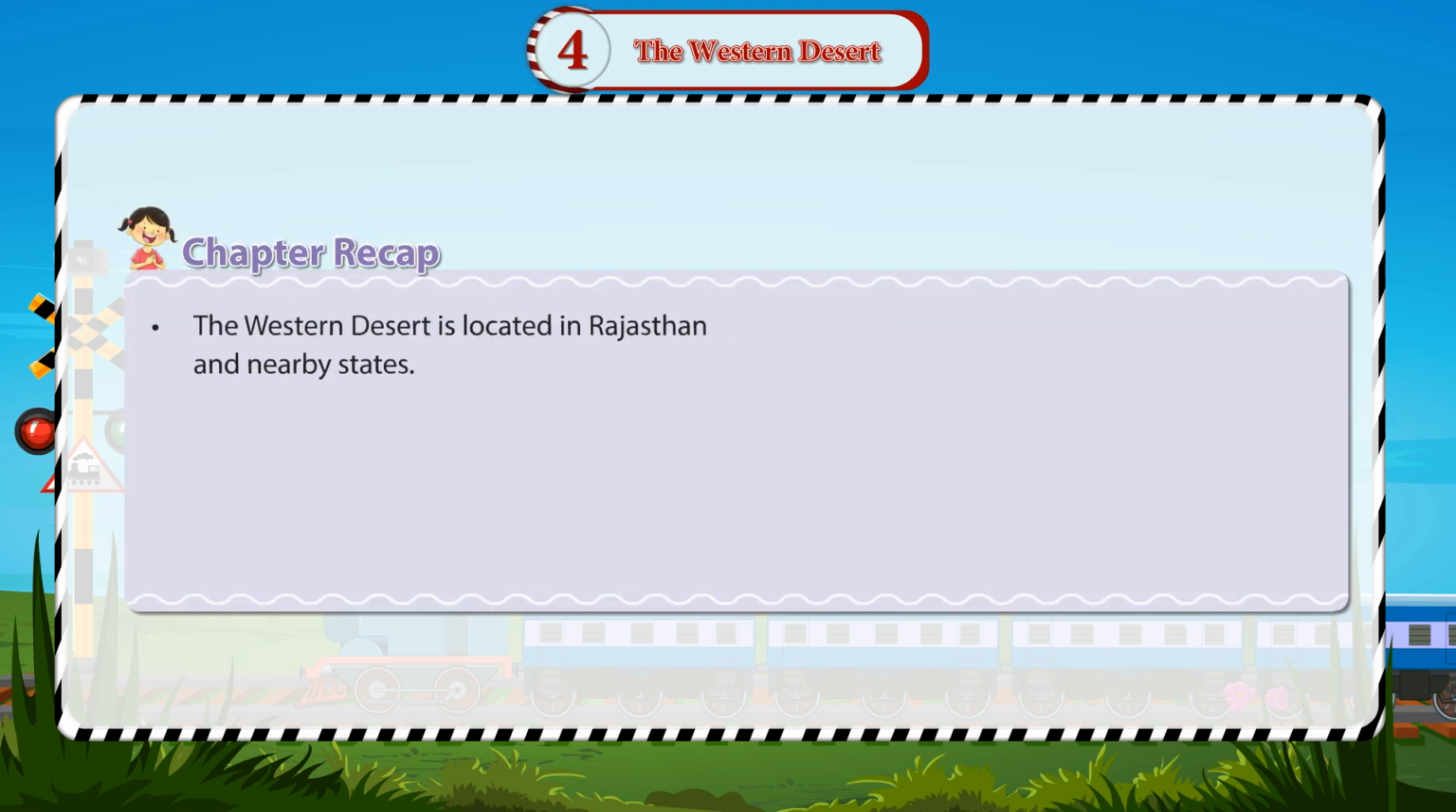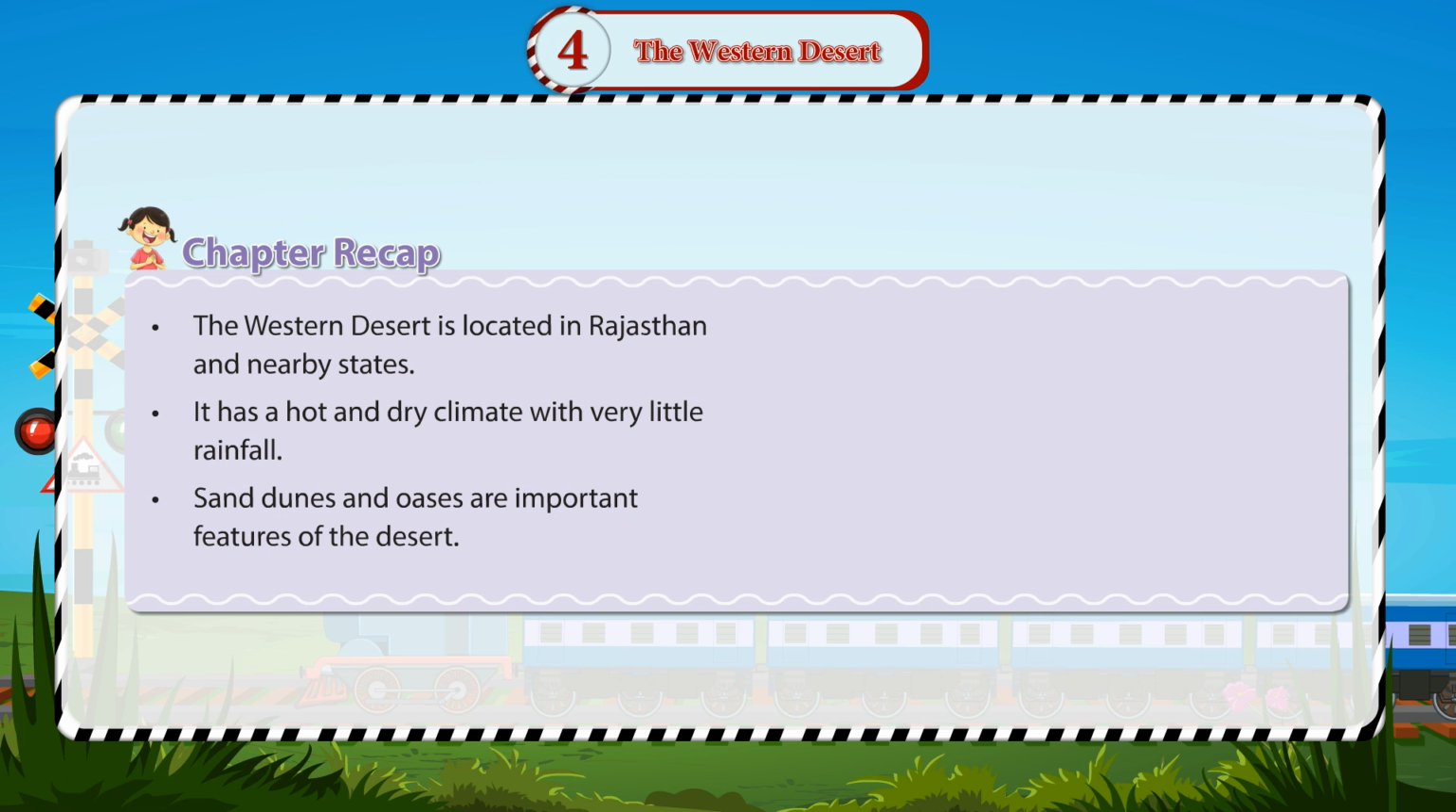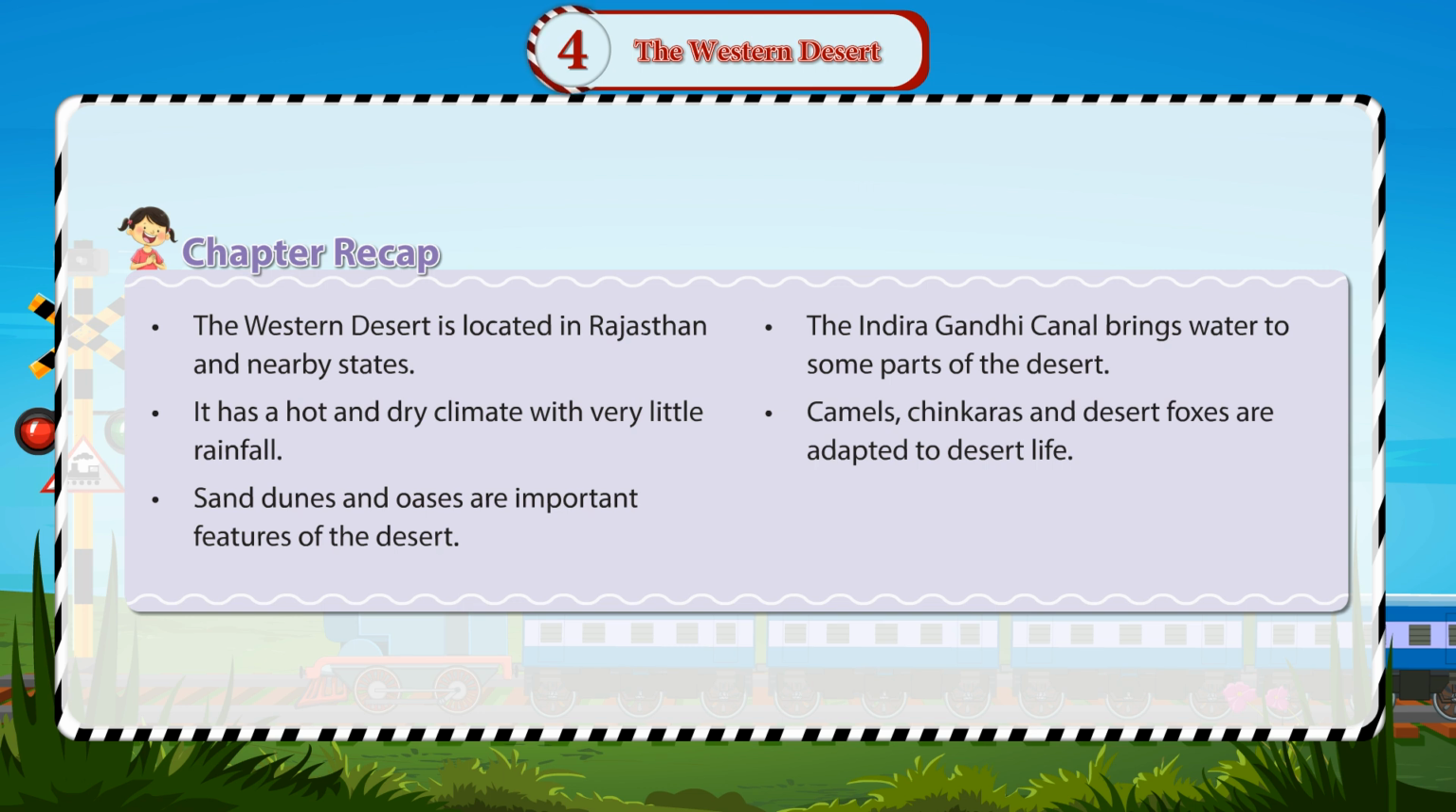Chapter Recap. The Western Desert is located in Rajasthan and nearby states. It has a hot and dry climate with very little rainfall. Sand dunes and oases are important features of the desert. The Indira Gandhi Canal brings water to some parts of the desert. Camels, chinkaras, and desert foxes are adapted to desert